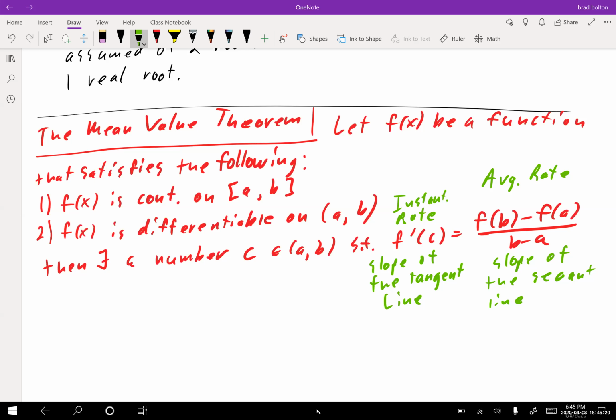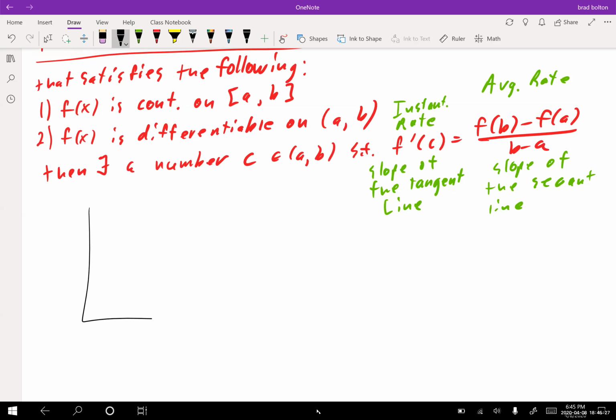And you could do a drawing like this. Let me do my best to draw something decent for you guys. Let's say that this is our interval a, and this is b over here. And this is f of a, and this is